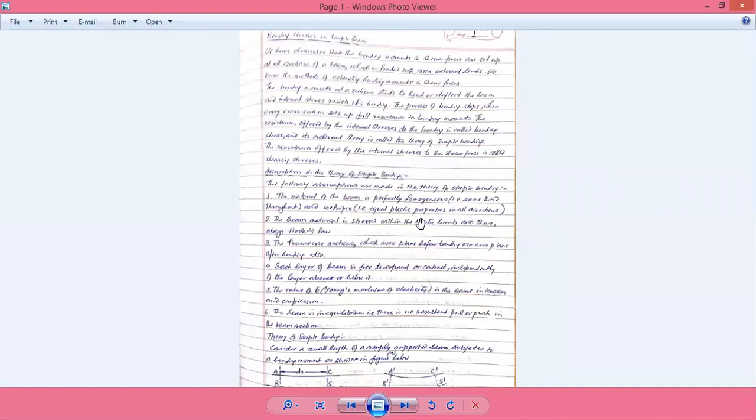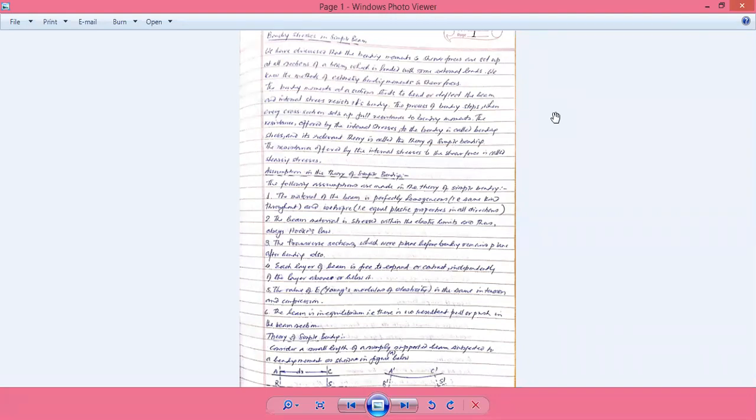Day before yesterday, we started the discussion of bending stresses in the simple beam: how we can calculate the bending stresses which may occur in a simply supported beam. We have used our knowledge of bending moment and shear force of a beam which is subjected to different types of forces normal to the longitudinal axis of the beam itself.